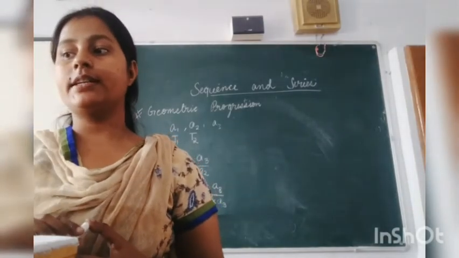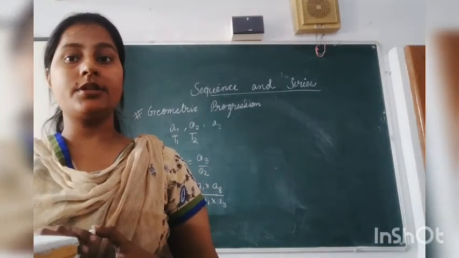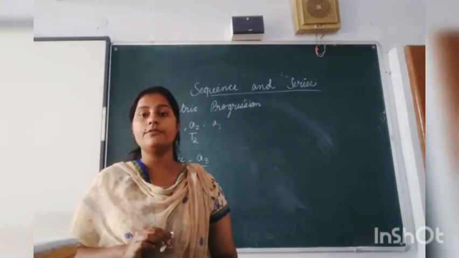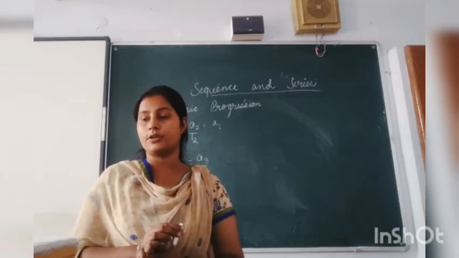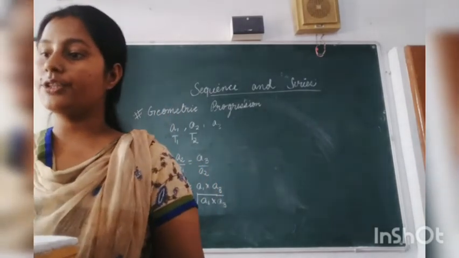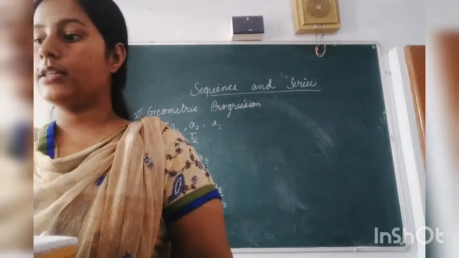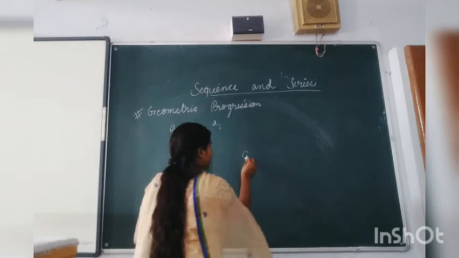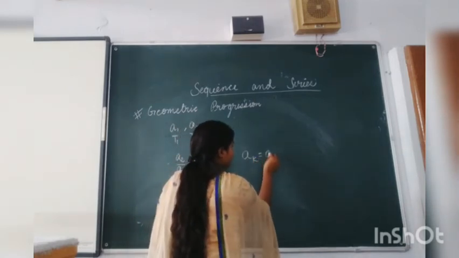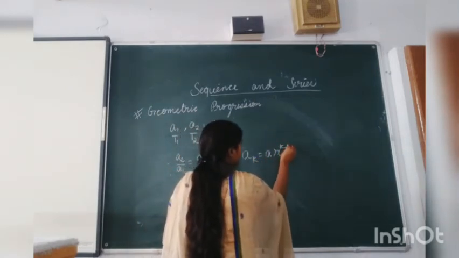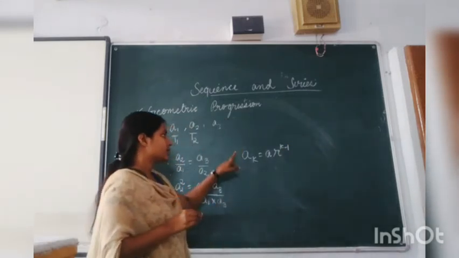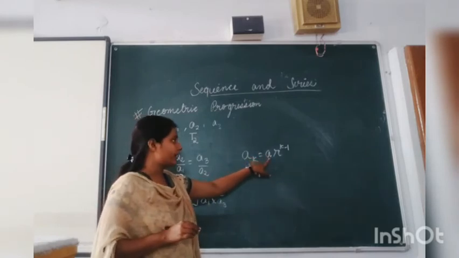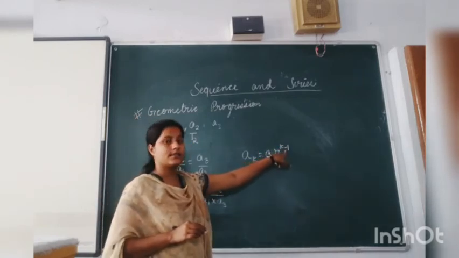Now what we are going to study is कि जिस तरीके से हमने जनरल टर्म का फॉर्मूला पढ़ा था अरिथमेटिक प्रोग्रेशन में, similarly we are going to study the formula of general term in geometric progression. And the general term in geometric progression, if we write it by ak, then it is ak is equals to a r to the power k minus 1. So if we have to write first term, so a1 equals to a r to the power 1 minus 1.